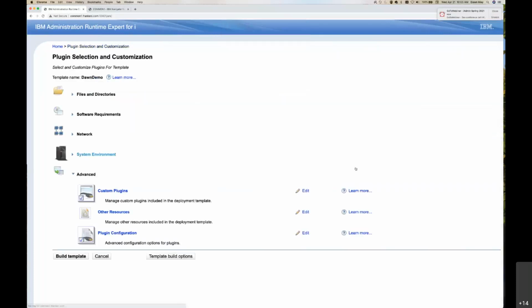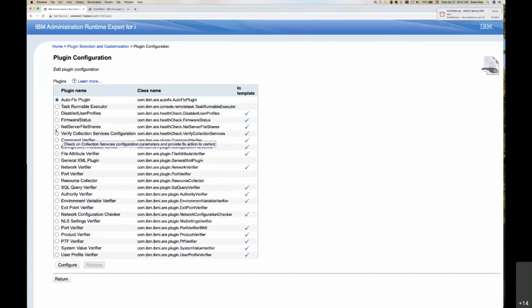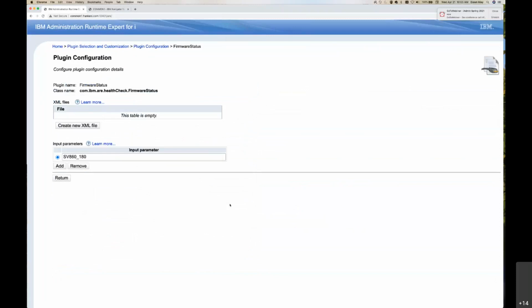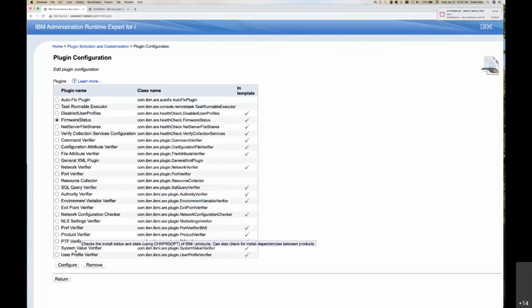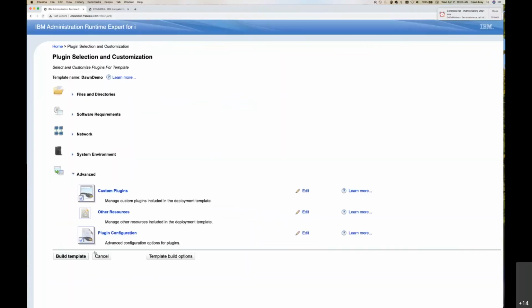All right, and then finally, with plugins, if you need to, and I have one example out here, firmware status, you can pass parameters to the plugins. So I have a little plugin that looks at the firmware status. I pass it a parameter. I expect it to be this level, and if it's not this level, I get an error. And so you can do all sorts of powerful things with parameters as well. But in terms of time, I'm not going to go much further into